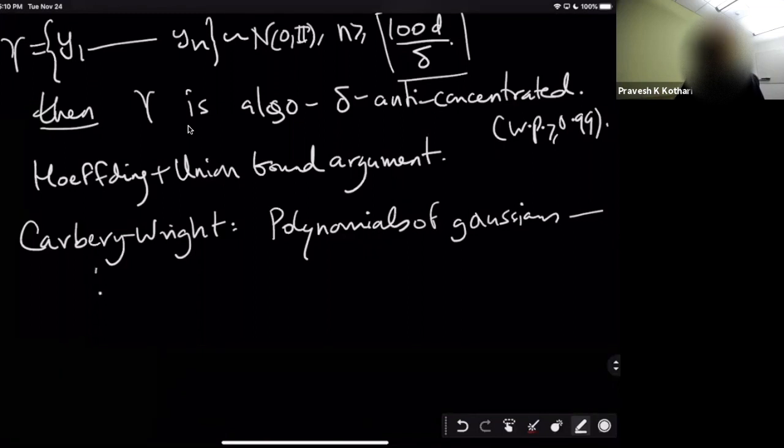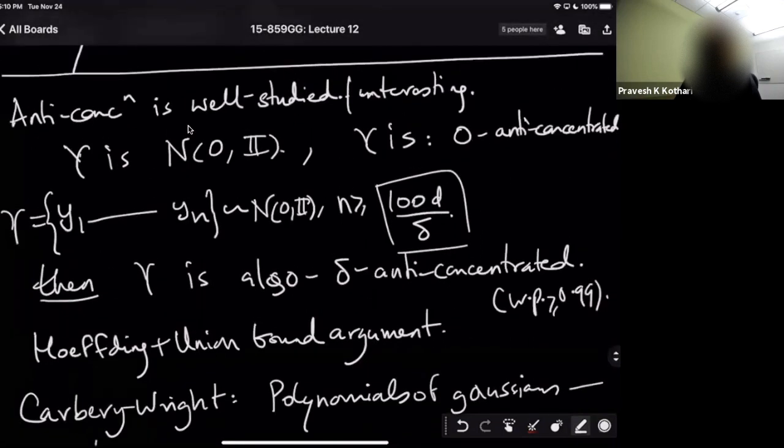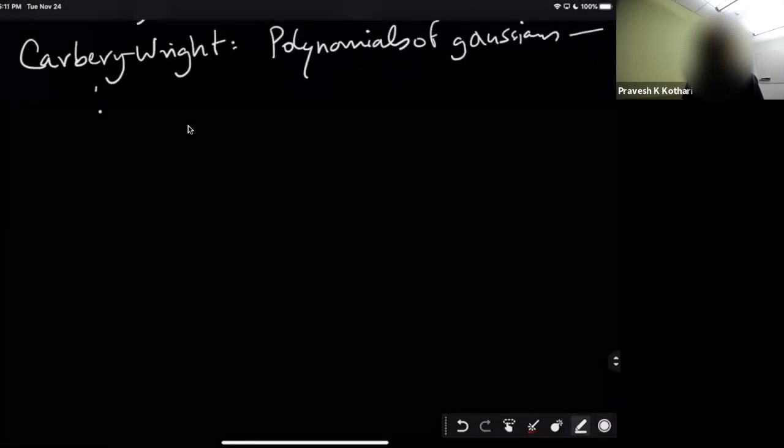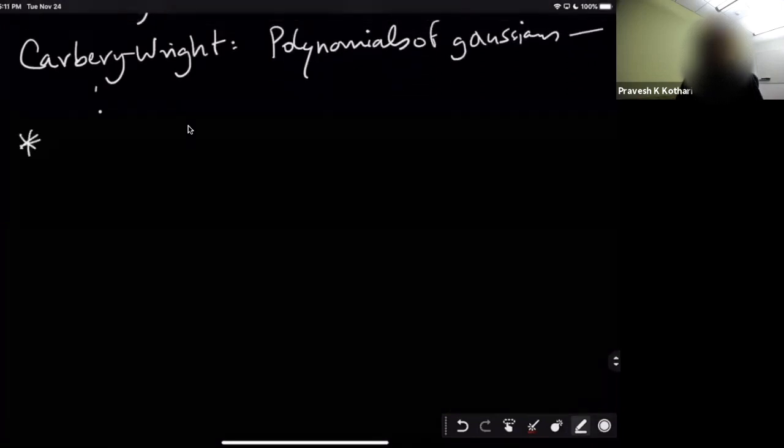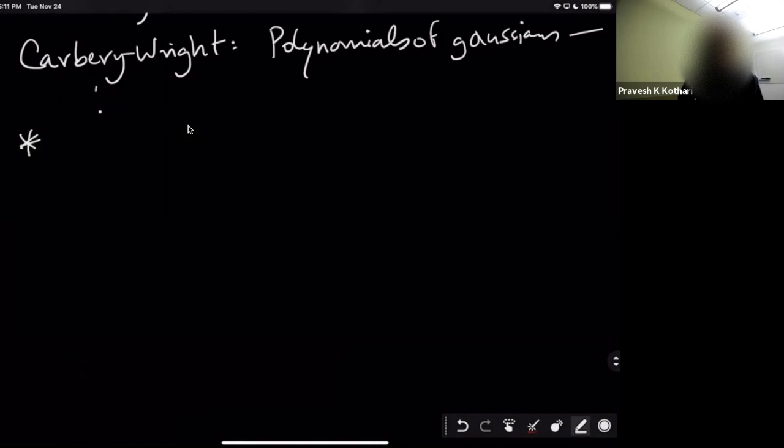We'll not get into this. There are many distributions that satisfy this property. We're happy with the fact that one distribution satisfies it because it makes what we're going to do today non-vacuous. Okay, so that's all I'll say about this. But one important thing to notice is that there are very natural distributions that you can imagine which are not anti-concentrated.